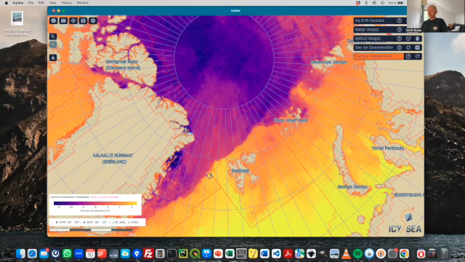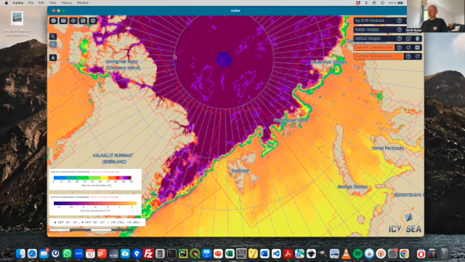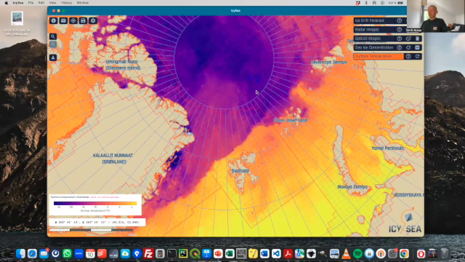You can actually see the ice edge. So wherever you have ice, and this is where you put the sea ice concentration in, for example. So this is where you have ice cover. It gives you the temperature of the ice surface. This is why the temperatures are so low. And then over open water, it gives you the ocean surface temperature.